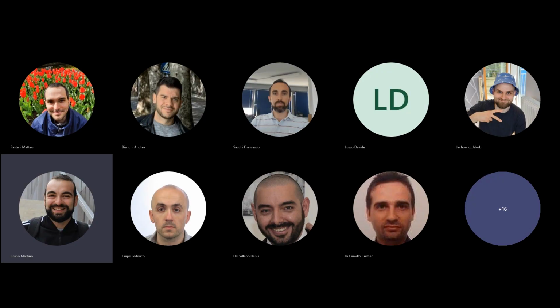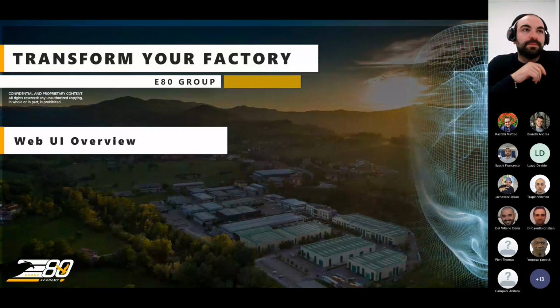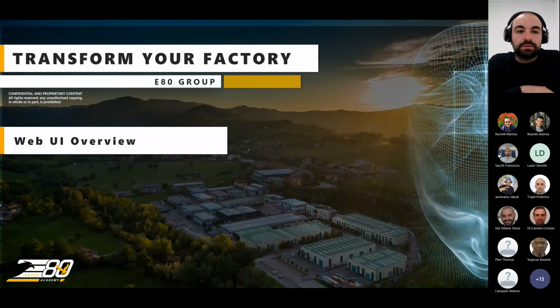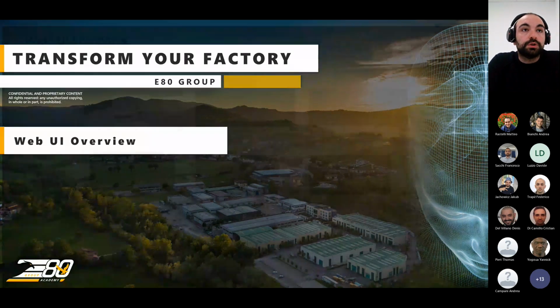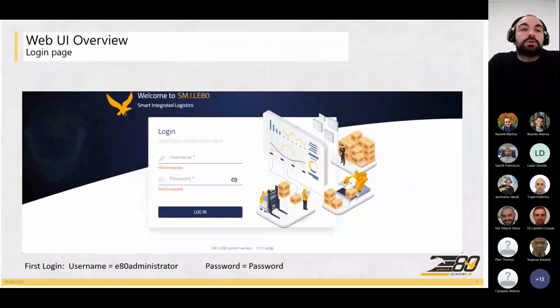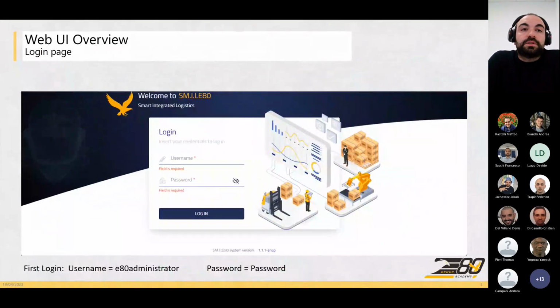In the browser, I will just give you some information about the WebUI, the roles, the permission, the user management, the configuration, the page management, and the dictionary management. So, just to start, the first page